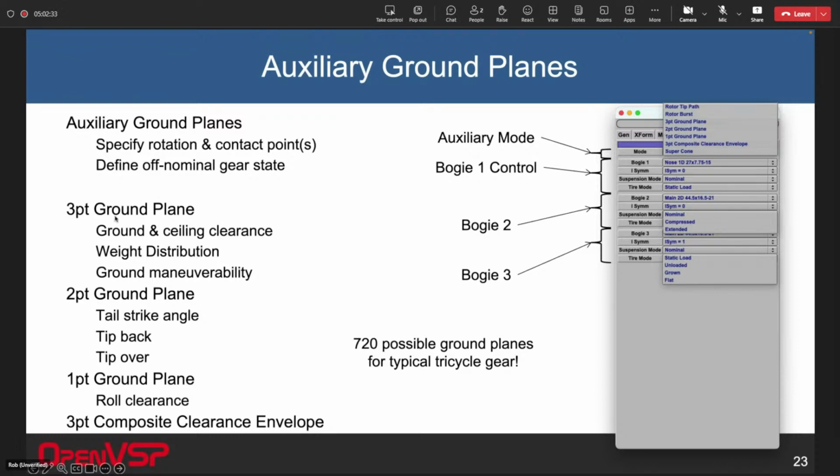So if you're doing the 3-point ground plane, that's what's used for the ground and steering clearance, the weight distribution, and the ground maneuverability. The 2-point is for the tail strike and the tip over and the tip back. The 1-point is for that roll clearance when you're on one wheel and you're seeing whether you hit the nacelle or the wingtip first. And then finally, the 3-point composite clearance envelope, it's a 3-point, but that's